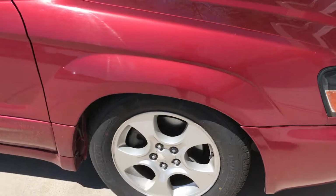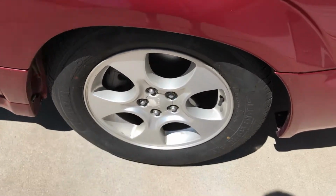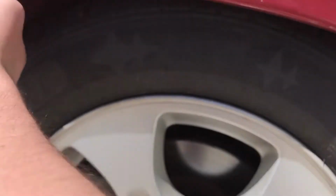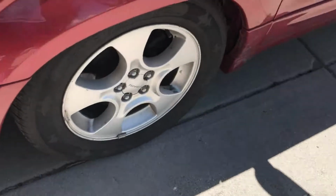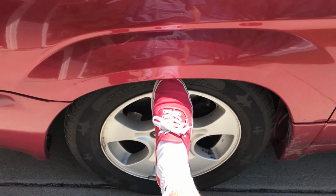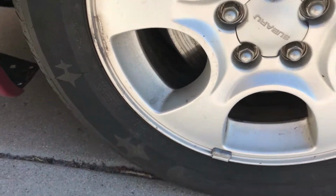couple issues here. As you can see, this side is perfectly fine, no rubbing issues at all. Fender's still intact, wheels still intact. Over here though, this side has sunk quite a substantial amount, and it is destroying my fender from rubbing, and in turn making it kind of an uneasy drive because I have to worry about rubbing at